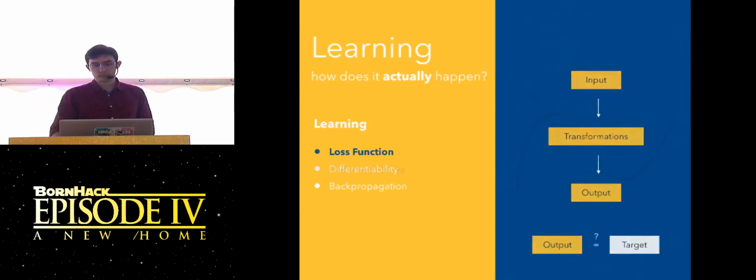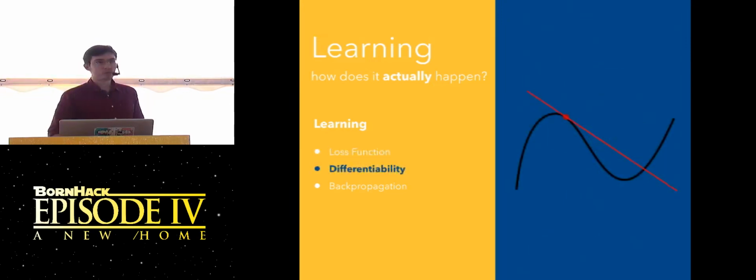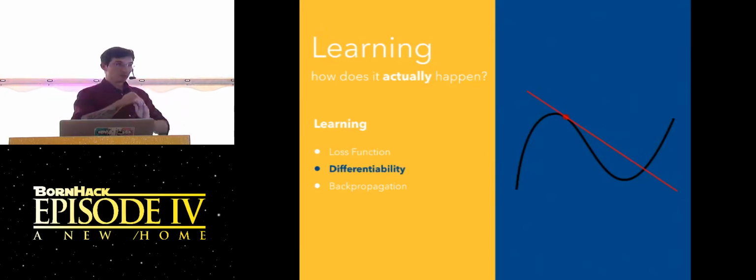The only catch is that this loss function, which we will be trying to minimize during learning, has to be differentiable, which just means that, as most of you probably know, we need to be able to tell what will happen if we change the parameters a little. Does the value of the function go up or down? And this is really the trick to learning. We keep the entire model differentiable so that we can figure out if we change its parameters a little, will we get a lower or a higher loss? And we obviously want our loss function to be as small as possible.